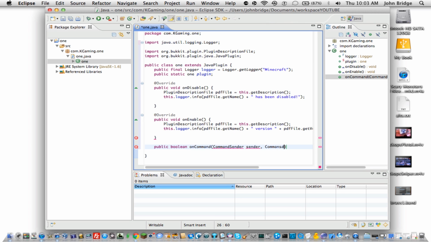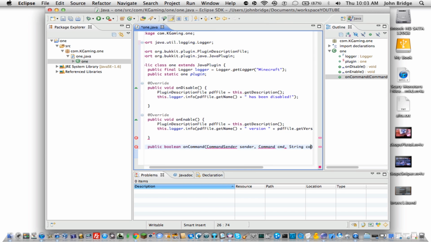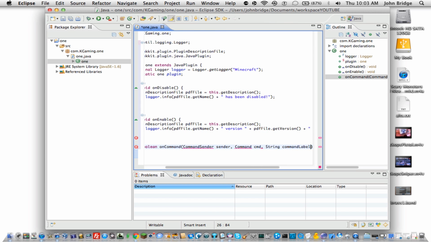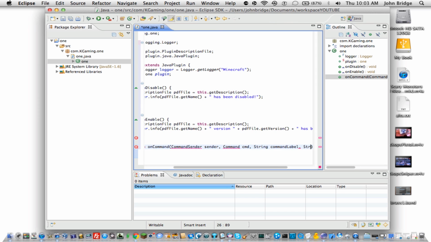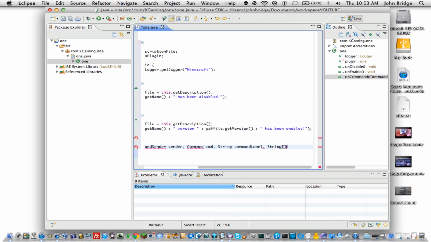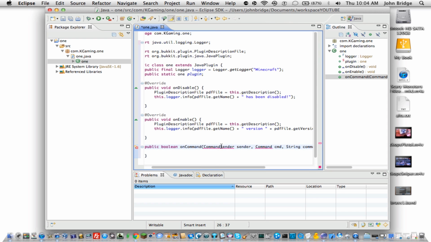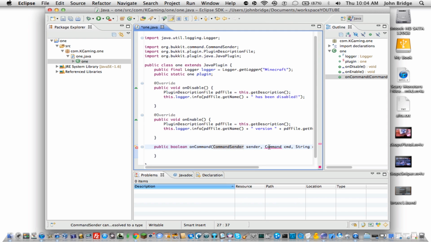command, cmd, comma, String command label, String, just regular brackets there, and then args for args, or arguments, and then a semicolon there, because, no, not a semicolon, sorry. Now you're going to set that, and now what you're going to do is you're going to import both of these,